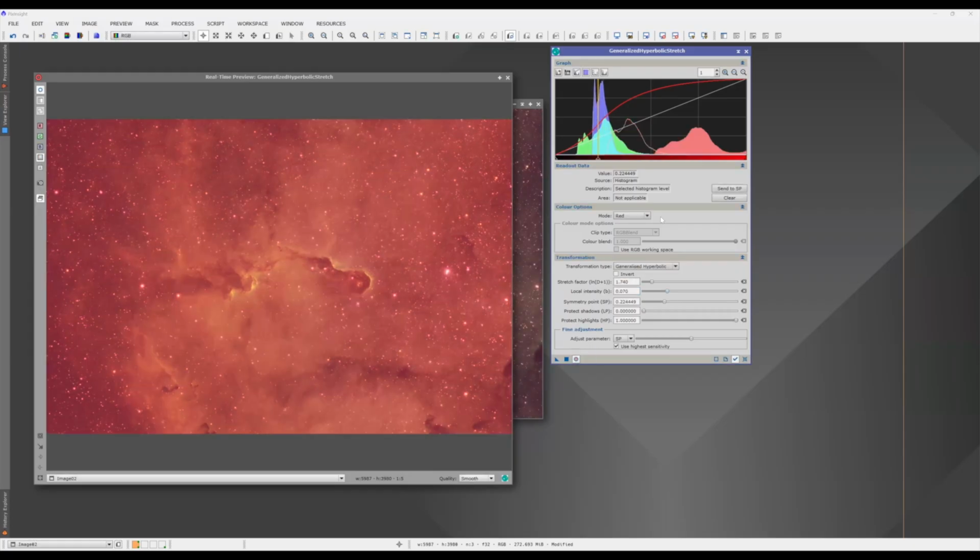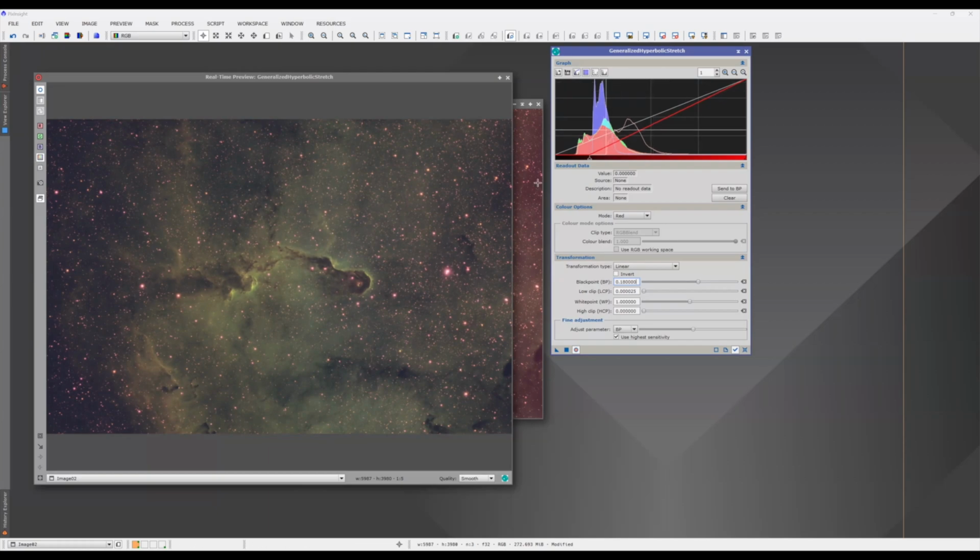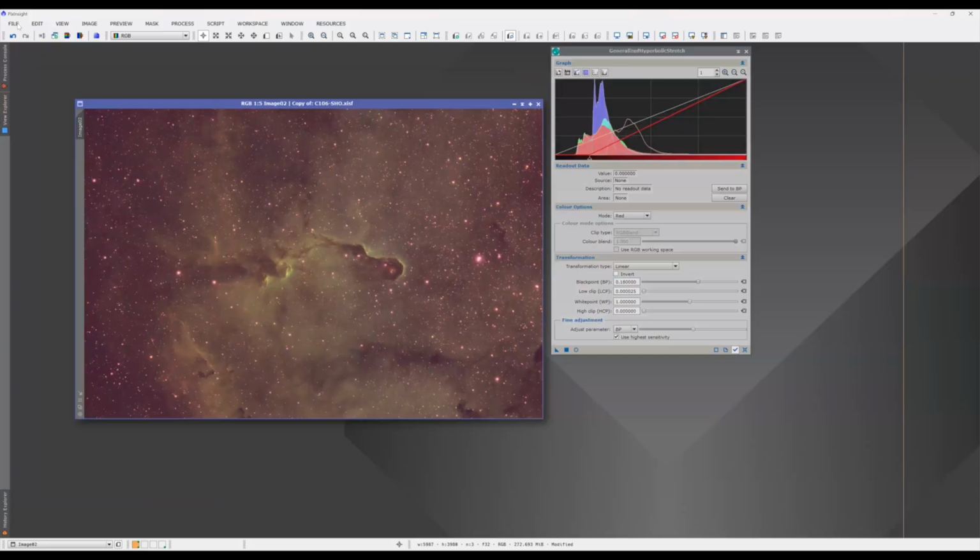And then we're going to line that histogram up again. So we're just going to reset the stretch, pick the red channel, go to linear. And you'll notice now we're starting to get some red in here. You'll notice the stars are getting really wonky. And normally what I would do is I would have taken the stars out of this image to avoid that. But you can see after a couple of iterations of doing that, I will get an image that looks the way I want. And just to give you an idea of what you get after you do that several times,